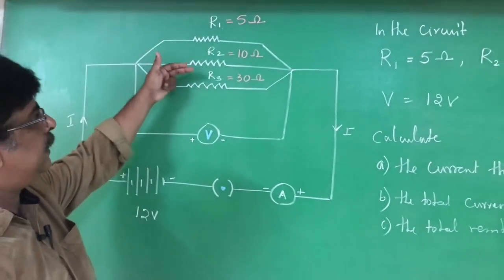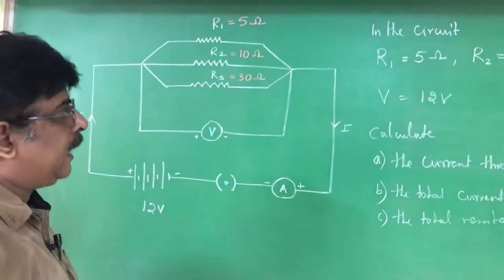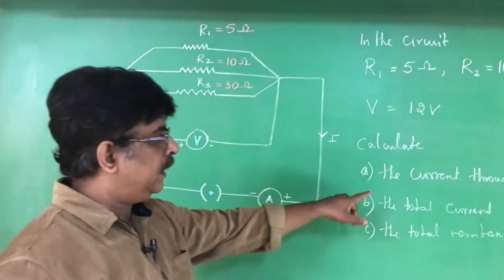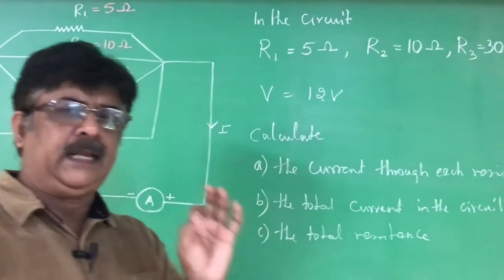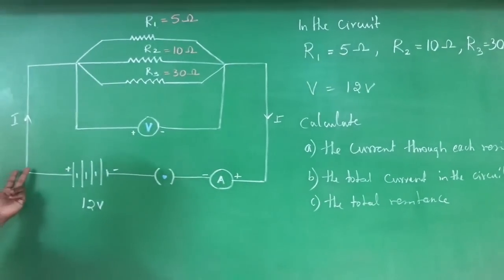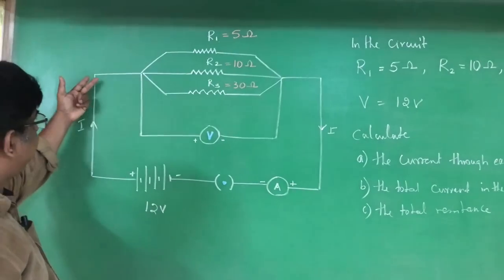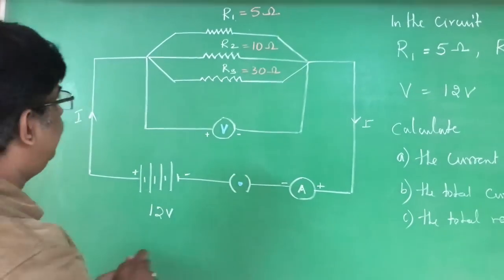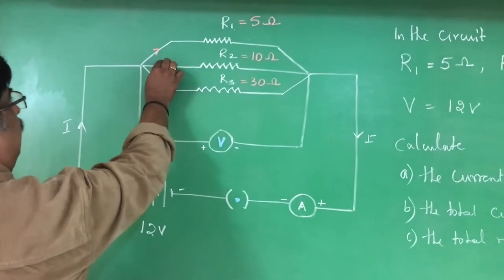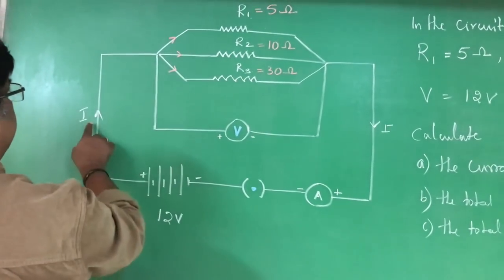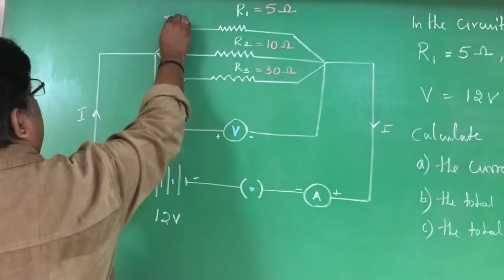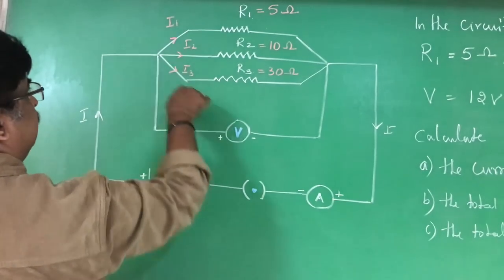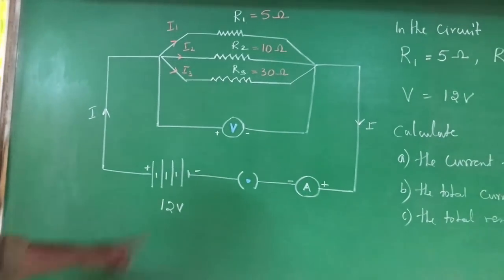3 resistors are connected in parallel. Now, what do we have to calculate? The voltage is given as 12 volt. Resistance is given. What we have to calculate is the current through each resistor. Nice problem. See, the current getting into the circuit comes here. After coming here, it has to channelize. Three channels are there. This I is divided into I1, I2, I3. It distributes in 3 ways. Voltage remains constant.